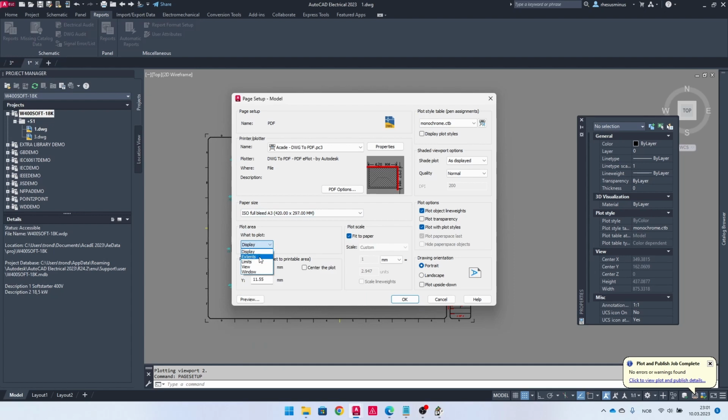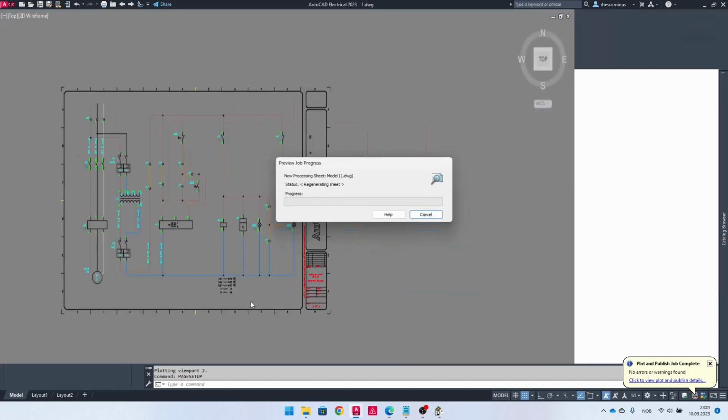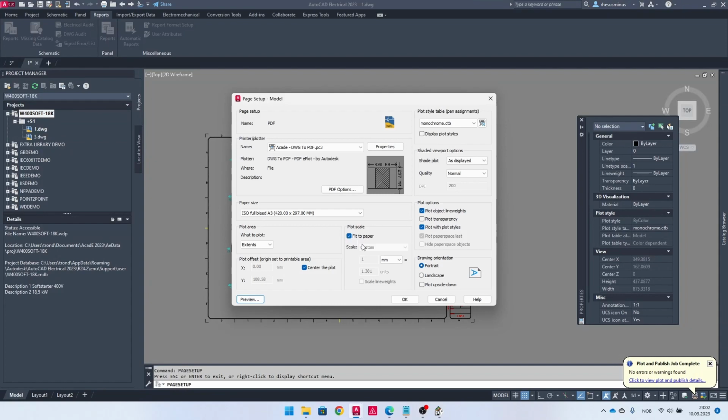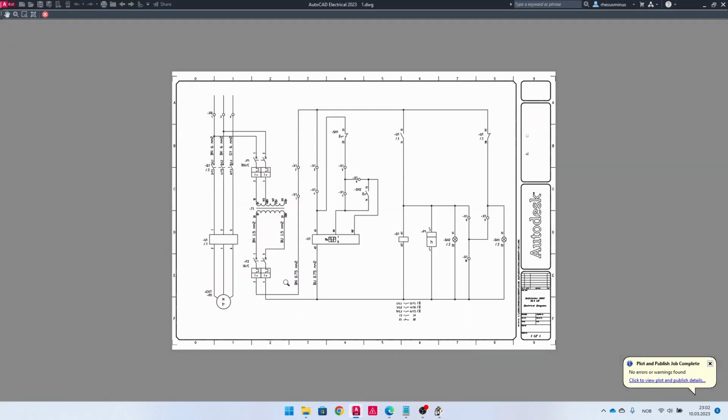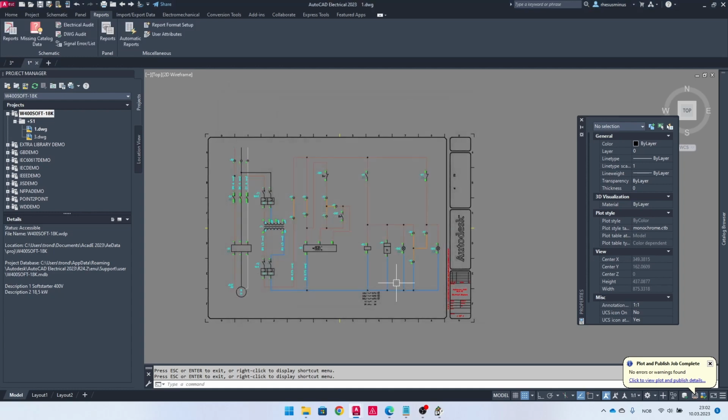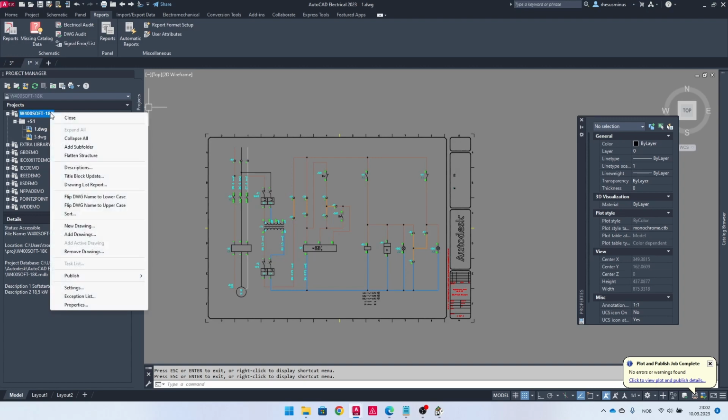What to plot? Let's try extents and scale to fit and center the plot. It should look like that. Let's just do landscape. This looks better. So I will save this one, and I now have this setup available here, so that when I try to create a PDF once more,